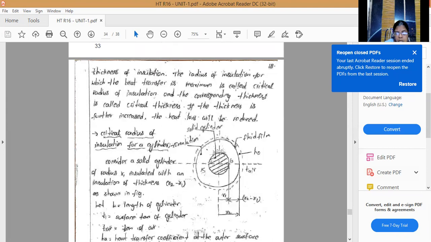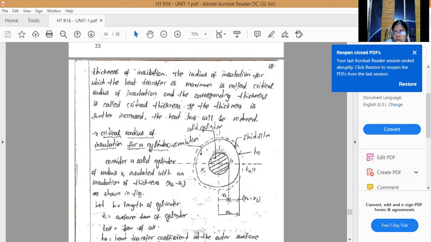Heat loss will be reduced. And okay, so when the insulation is added, the heat rate increases up to a certain thickness. After a certain thickness, the heat rate is maximum. At that condition, where the heat rate is maximum, we call it the